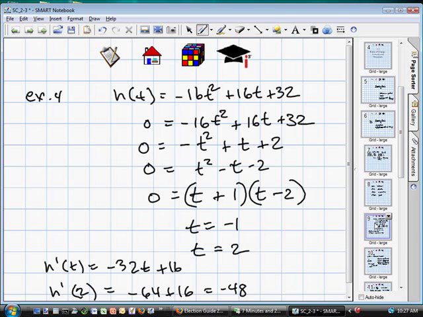When does he reach the top of his arc? Well, wouldn't that be when the derivative is 0? Because what does that mean when a derivative is 0? The slope of the tangent line is horizontal. So here's his jump. He's on the board up here, and he goes, boing. And when he reaches the top, his height's going to level off, and then it's going to start going downward. And when will that equal 0? When will negative 32t plus 16 equal 0? Pretty easy to solve, isn't it? When t is a half. So at a half second, he's